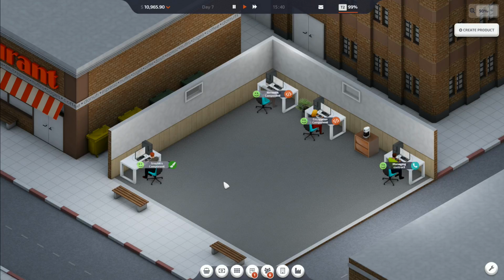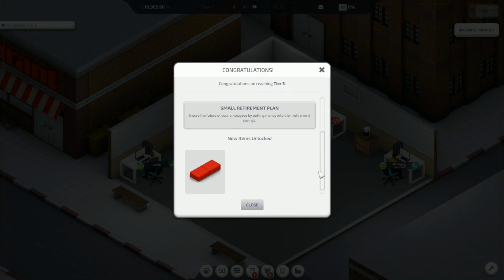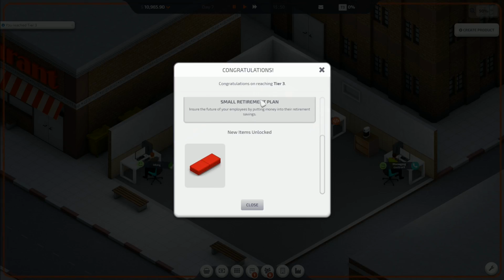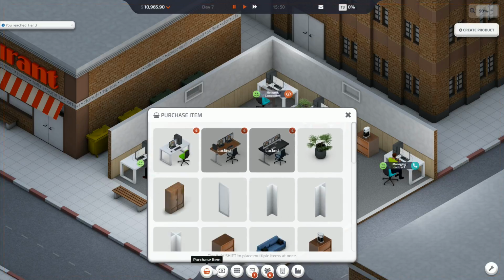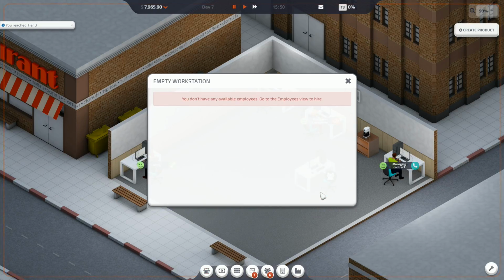So, very hands-on in the beginning. Oh, hey, Tier 3. So what we've just unlocked now is we can do a manager, and this is going to help us a lot. A small retirement plan, which is going to make everybody much happier about working here. And then a futon or something that I'm not particularly worried about. Now for me, I am worried about getting a manager, though. Because so far...